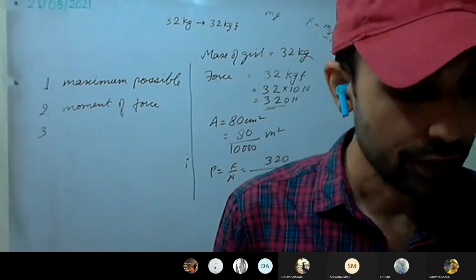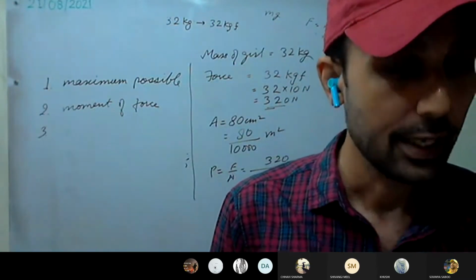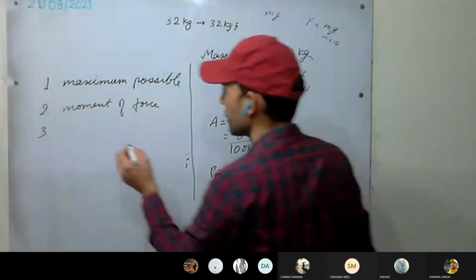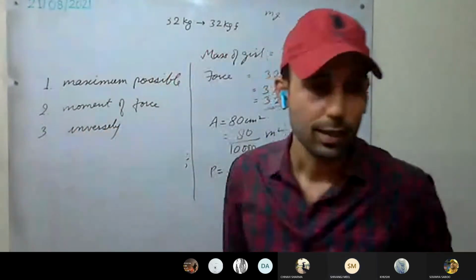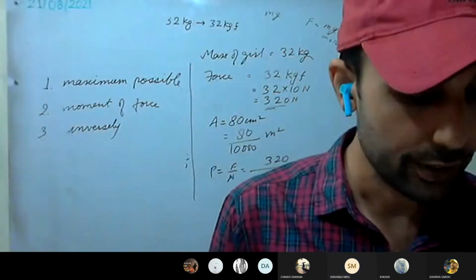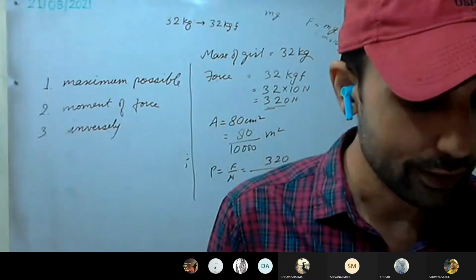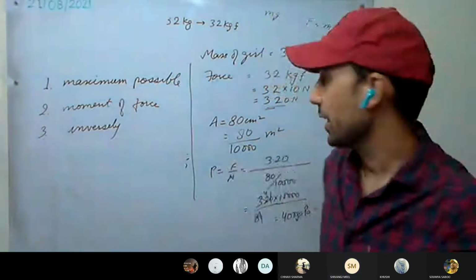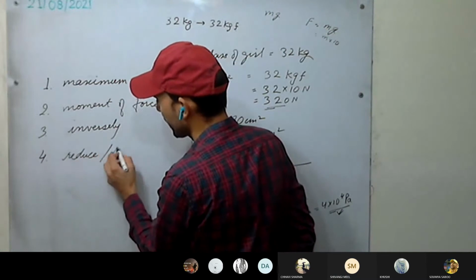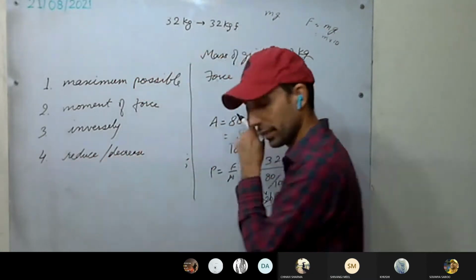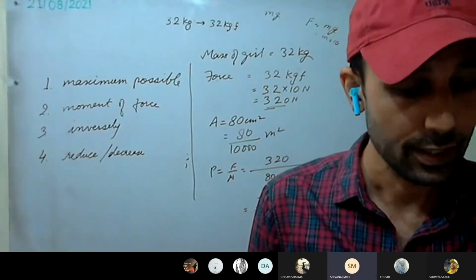Okay. Third one, for a given thrust, pressure is dash proportional to the area of the surface. Is it directly or inversely proportional? Inversely proportional. For a given thrust, pressure is inversely proportional to the area of the surface. A coolie wears a turban on his head so as to dash the pressure. Decrease, or reduce, you can write, okay? Any word you can write. Understood? So more the surface area, less the pressure.